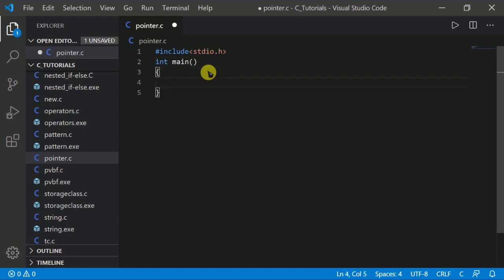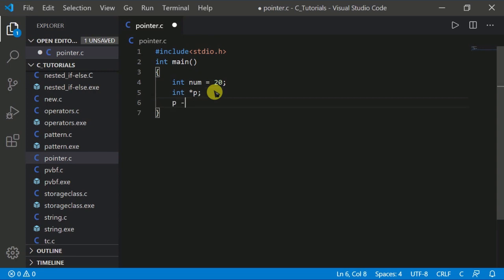Here we will put the variable int num equal to 20. So we have assigned the value of variable num as 20, and we will save its address into the pointer p.